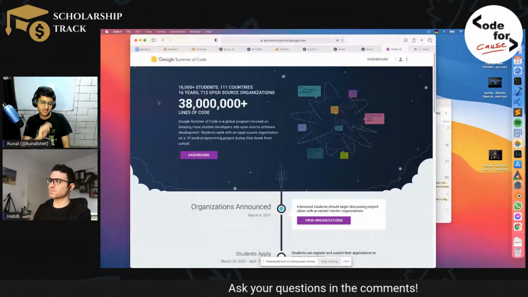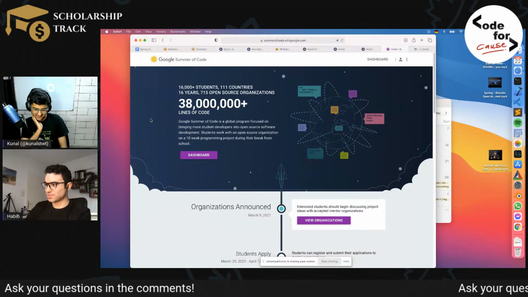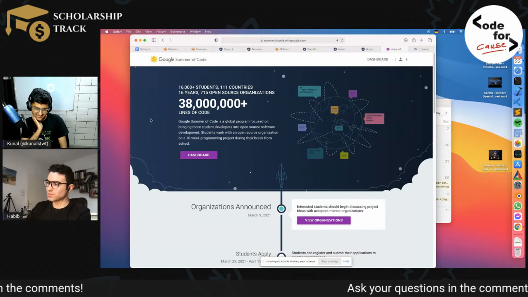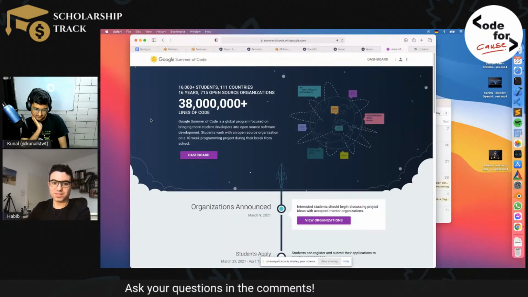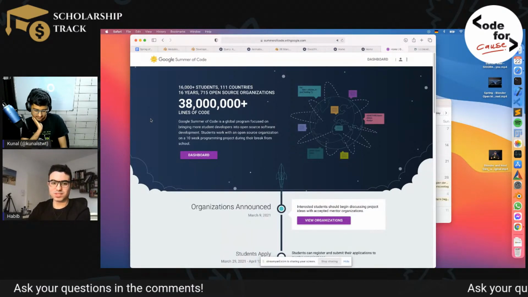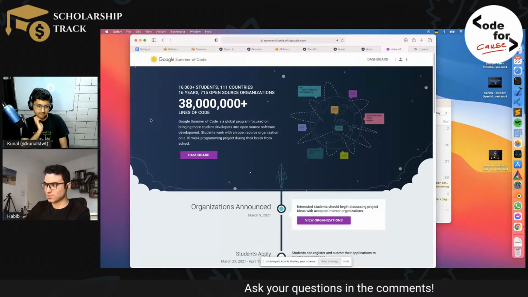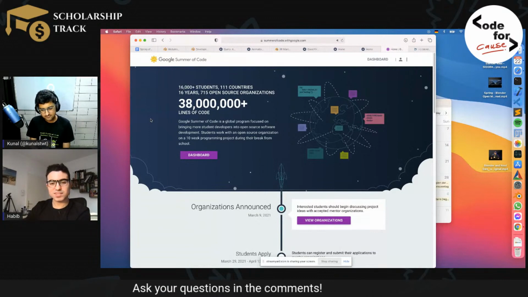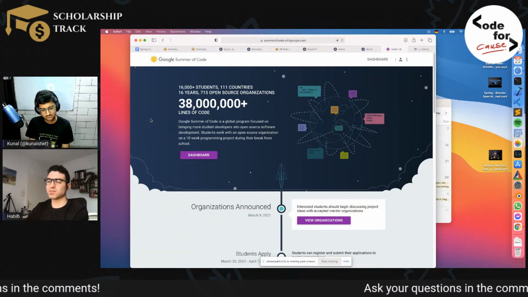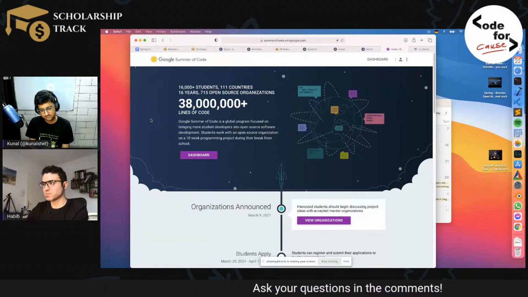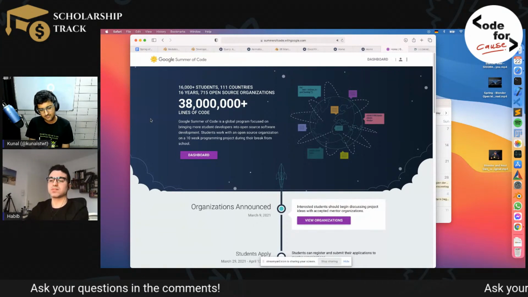It's a website, an open source program by Google for students. Yeah, so it's not directly by Google. So Google wants to bring together open source organizations with developers, in particular new developers. What Google does is it sponsors the whole project so that students get paid during their job at Blender, so to speak. And the organization then gets paid as well for mentoring those students.